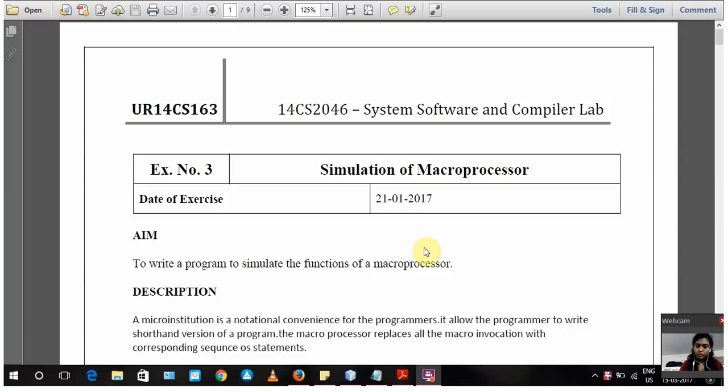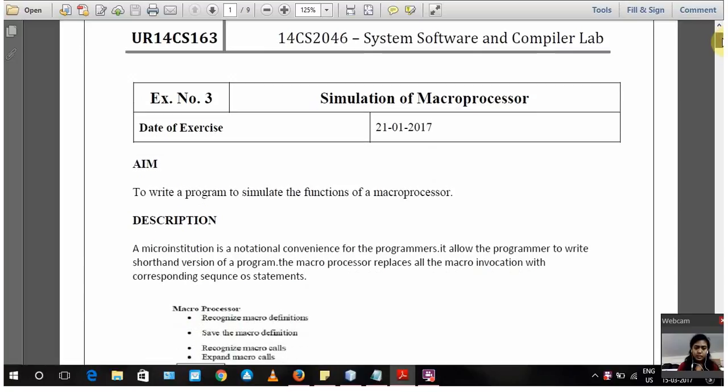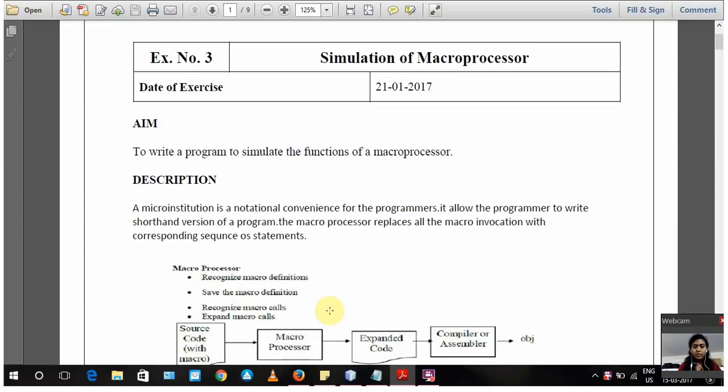Hello friends, today I'm going to demonstrate the simulation of a macroprocessor in System Software and Compiler Lab. What a macroprocessor basically does is, it's a notational convenience for the programmer, and it allows the programmer to write shorthands. Suppose a programmer wants to define a constant value and it is used in many places in the program. Rather than writing the value over and over again, we can just define it at the beginning. That definition is called a macro,